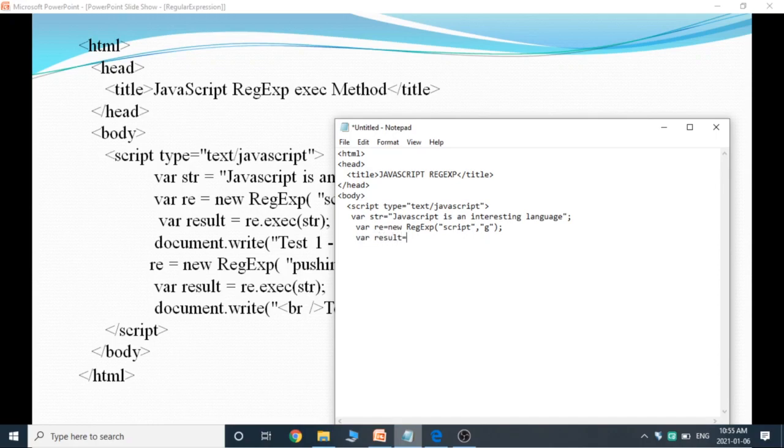And the next statement is var result equals re.exec method of string. What does this statement do? It will execute the given expression with the pattern matching. If the result is found, it will return the matching text, or else it will return null. For printing a statement, we use document.write.